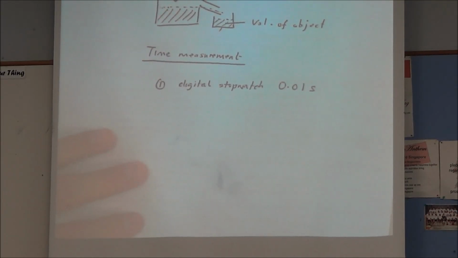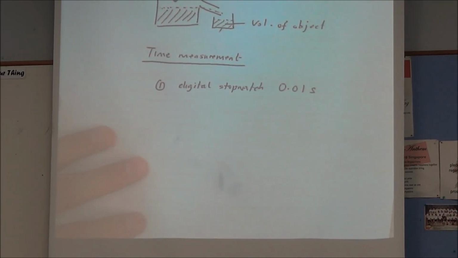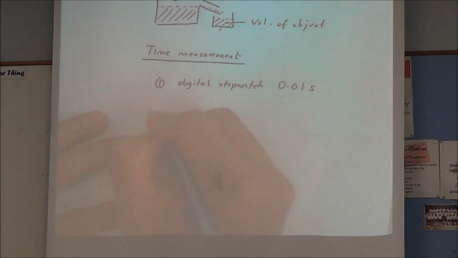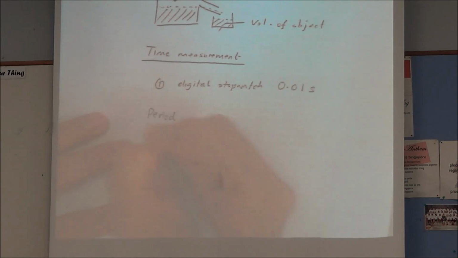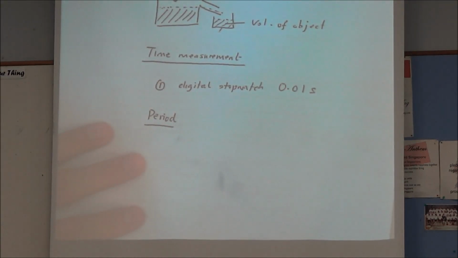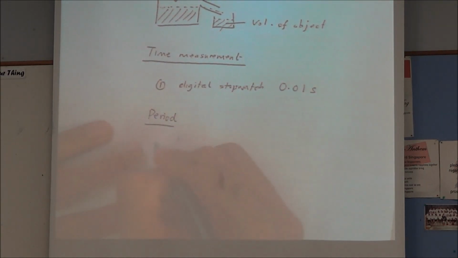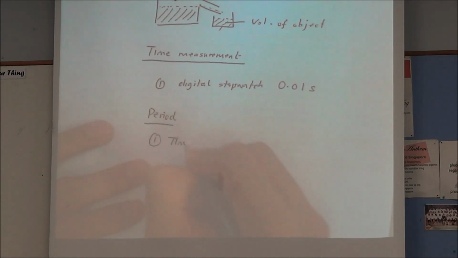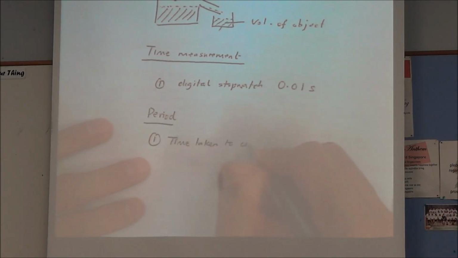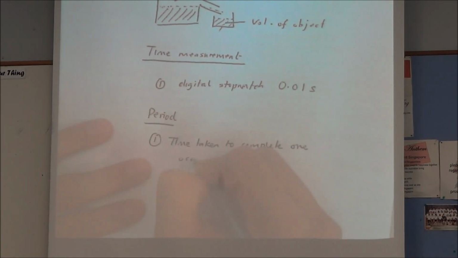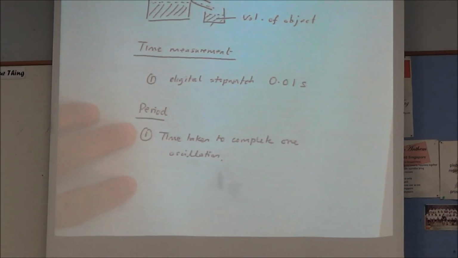One term that you will face in this topic is the word period. Pendulum swing. Period is the time taken to complete one oscillation. Meaning,